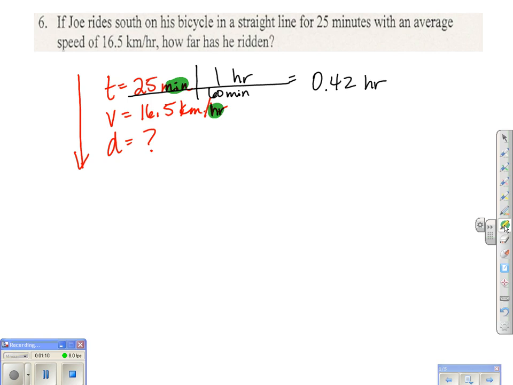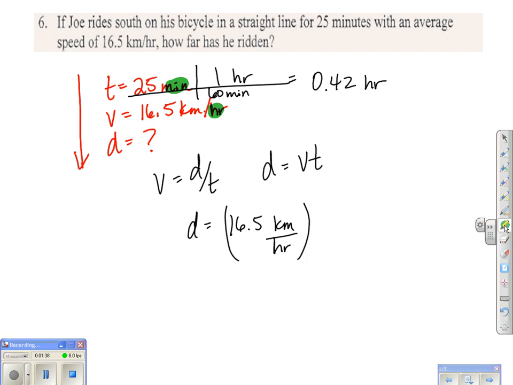So now I'm going to solve for d. I'm going to use the original equation, v equals d over t, or d equals vt. Whichever way you want to write it would give you credit. You do need to get back in the habit of doing these variables, formulas, work, answer, and unit for these problems for you to get full credit on this next test, all right? d equals our v, which is 16.5 kilometers per hour, times our